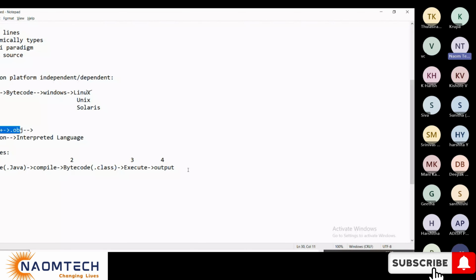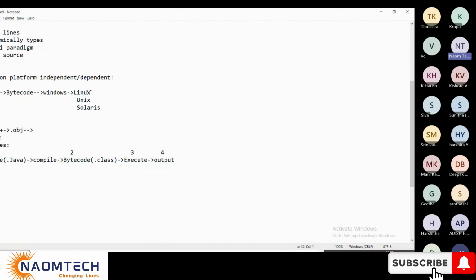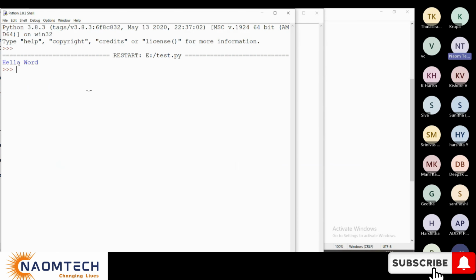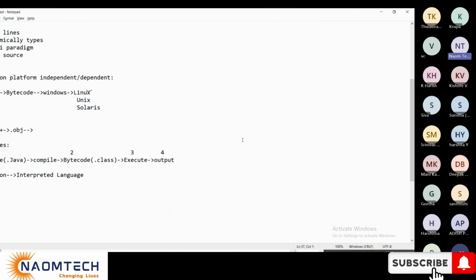Now coming to Python, let's talk about our mighty Python. This is an interpreted language. What happens here? You just write a code and you run it, and you directly get output. Here we have just two stages in Python.